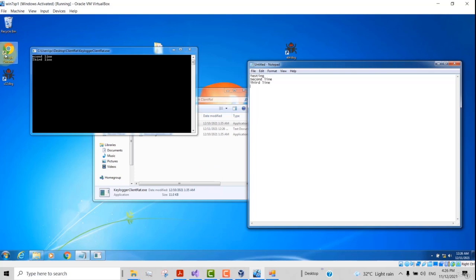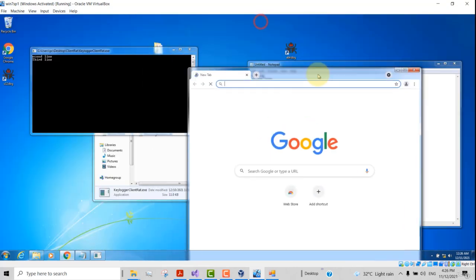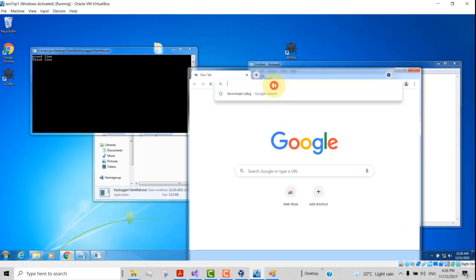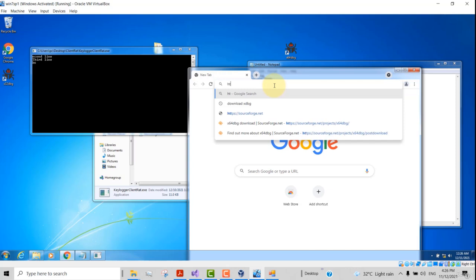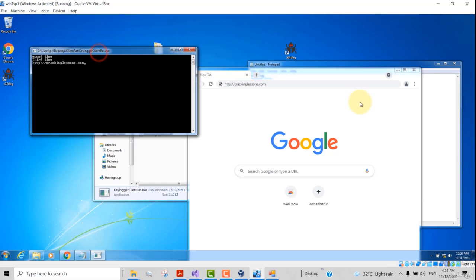the line. Now we'll open anything else, maybe a browser. Now we are not connected to the internet because the virtual machine is host only networking. But anyway, we'll just type a URL here to test out. Okay, so it should have captured it, as you can see. Alright, so now we go back to our